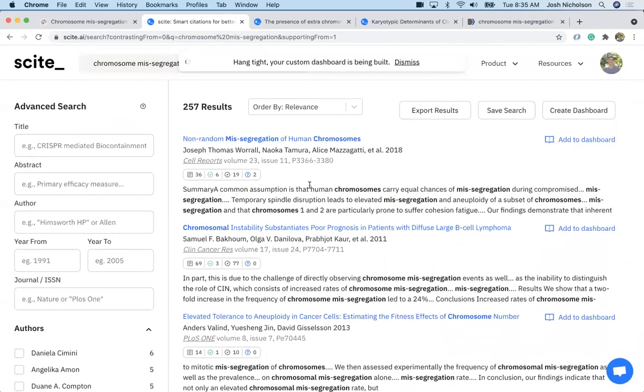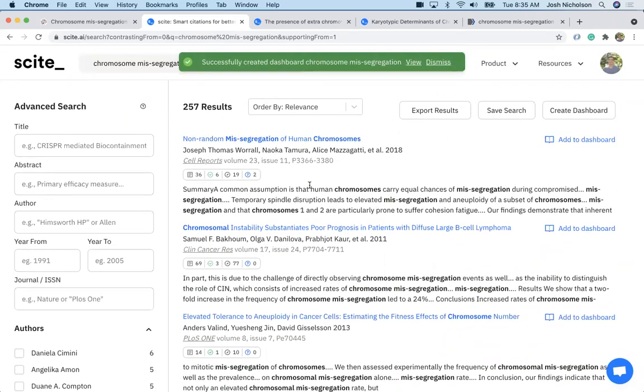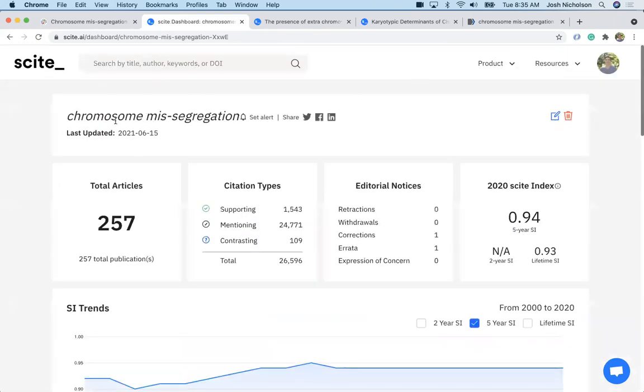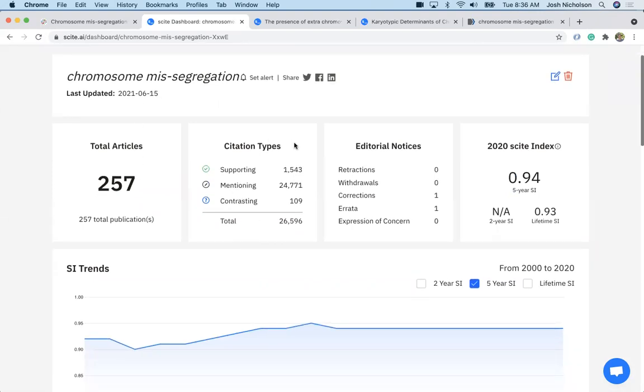And then you can also filter within that. And this is, there we go, a little slow. So here is this dashboard that I made, chromosome segregation. You can change the title if you want. You can delete the dashboard. It shows the articles. It shows the total breakdown of citations at this group level, the number of editorial notices,